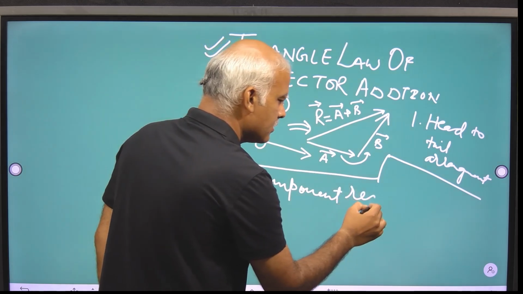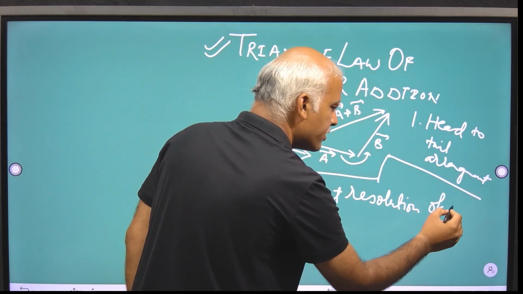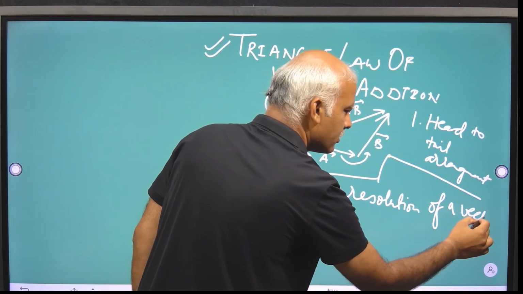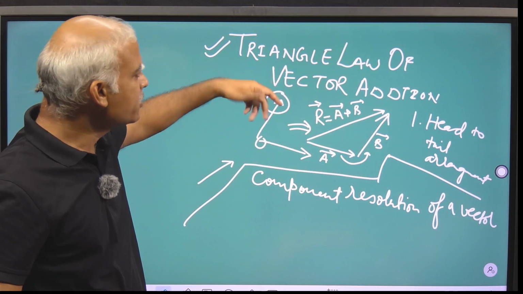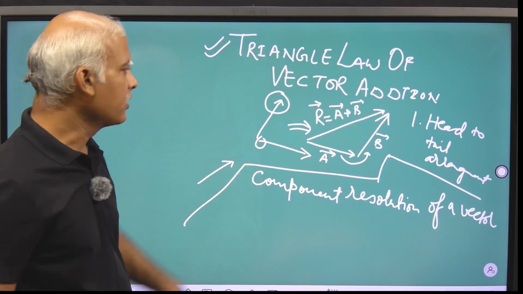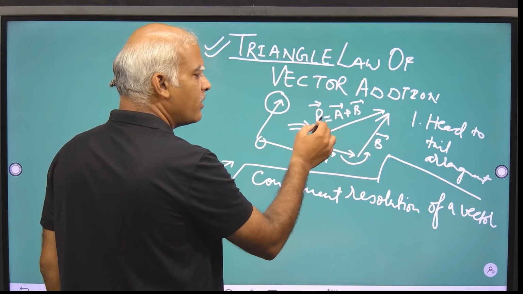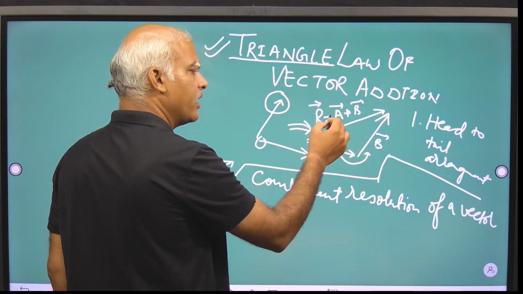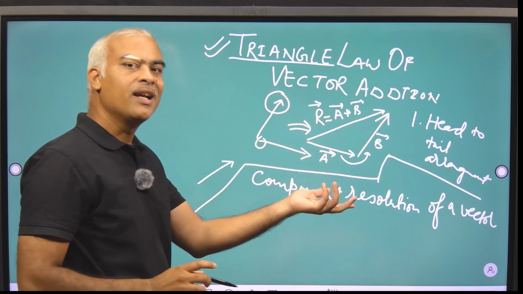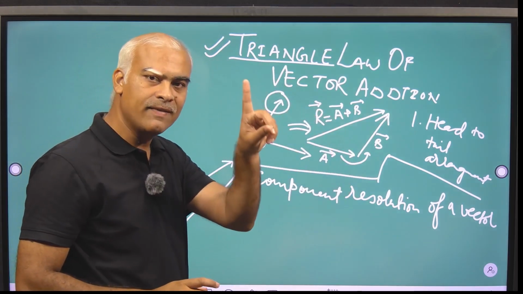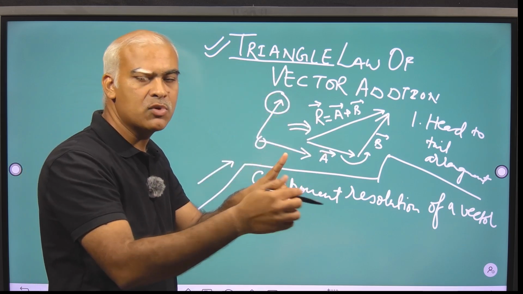Component resolution of a vector. Component resolution of a vector can be done using the inverse, or you could say reversion, of the triangle law of vector addition. As the law says, two vectors can have an addition, and that can be represented by a single vector. That means, conversely, if a single vector is there, that single vector can be represented in terms of addition of